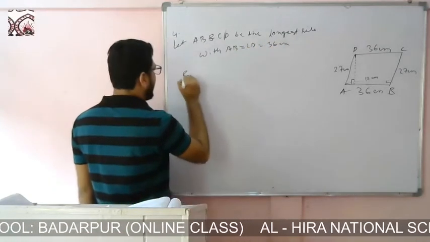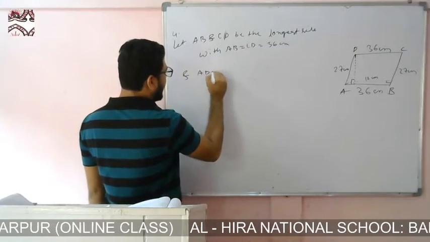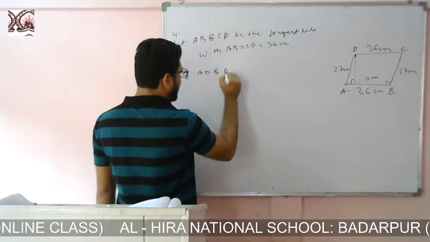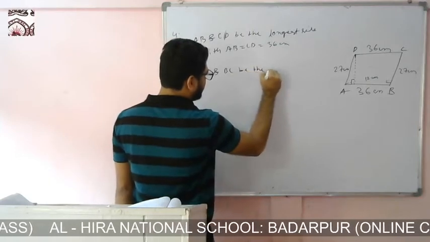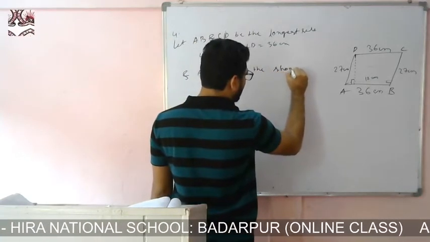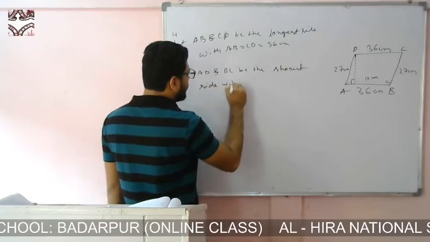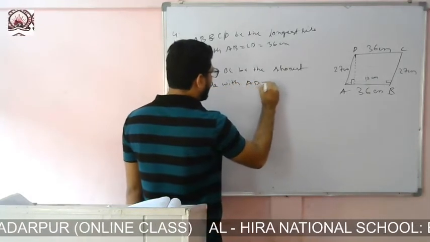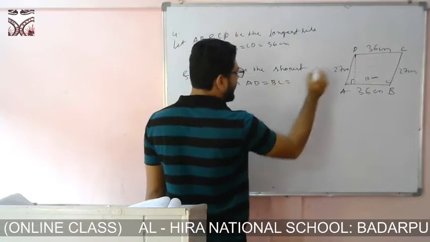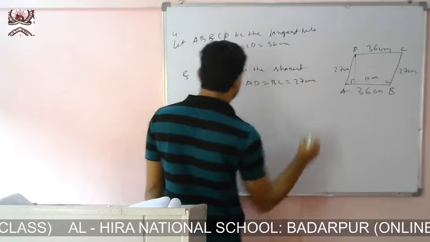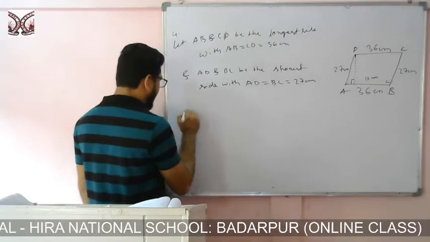And AD and BC be the shortest sides, with AD equals BC equals 27 centimeter. Therefore, area of parallelogram